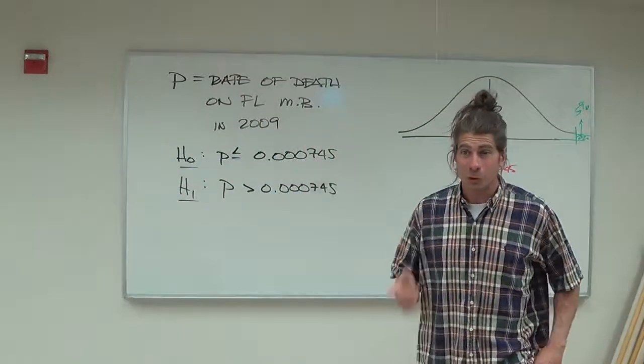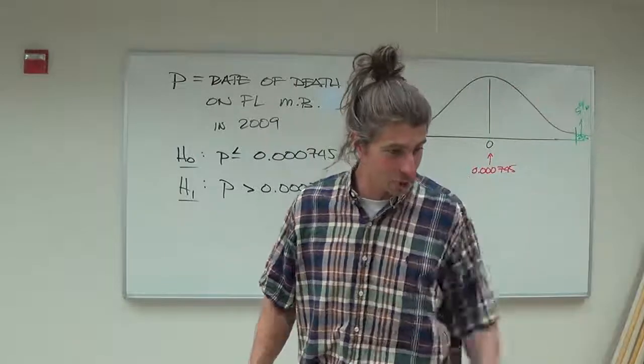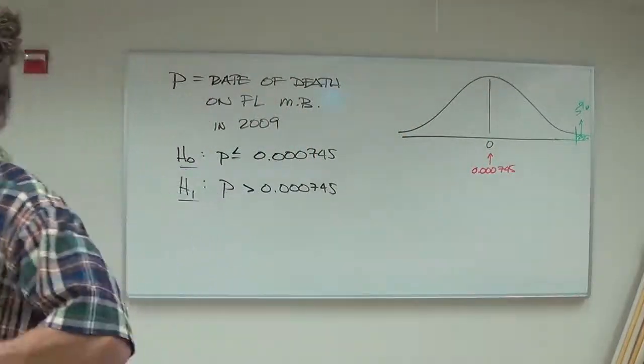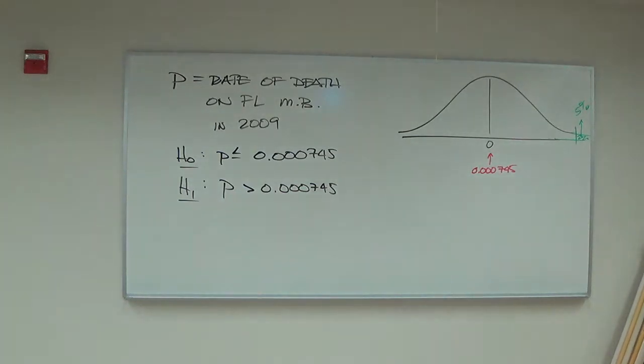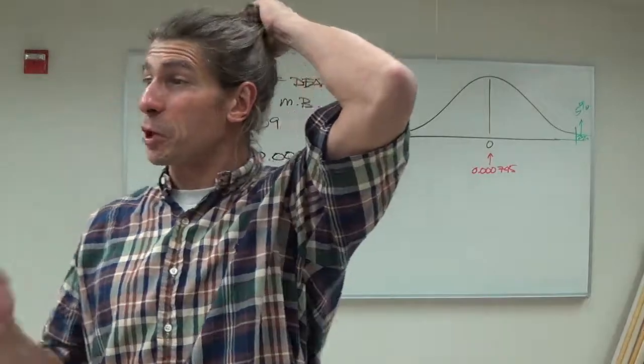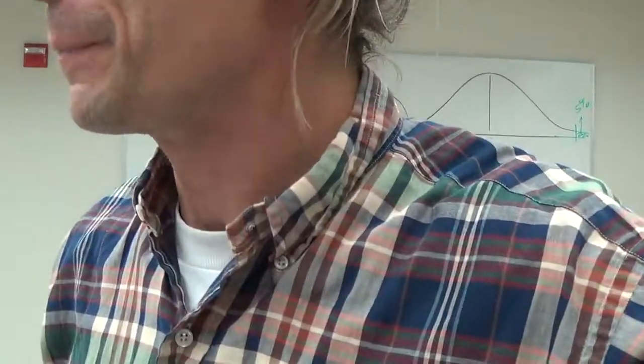Okay, good. So you pick type 1, type 2. You decide which you think is worse and why. You cannot be wrong. This is part of research methods, knowing which one you want to avoid more. So if you think type 2 error, oh, this is great. If you think